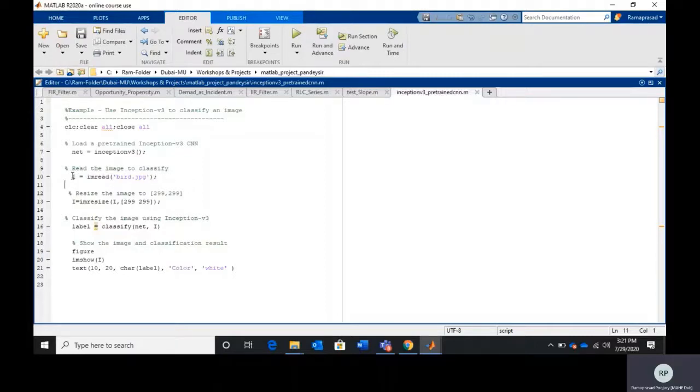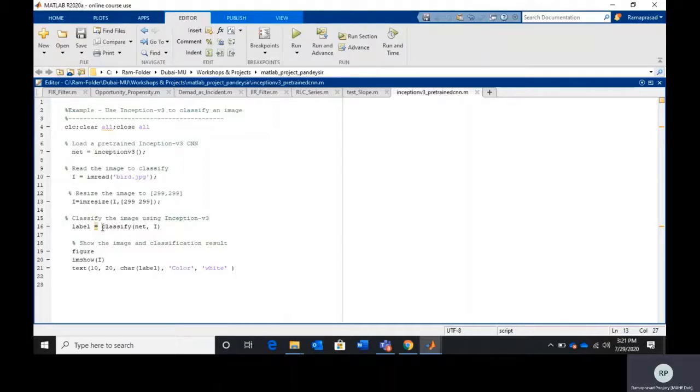Now, the resolution of this test image may not be equal to 299 by 299, but Inception v3 requires 299 by 299 as the resolution. So I use the imresize MATLAB built-in function for resizing the image. With a single built-in function, I get the same image with resolution 299 by 299, which is a color image.